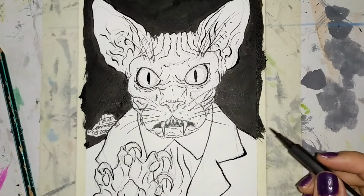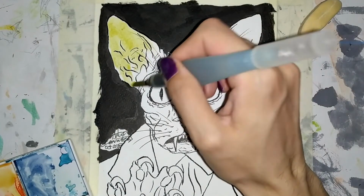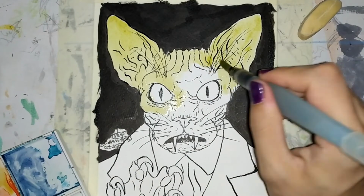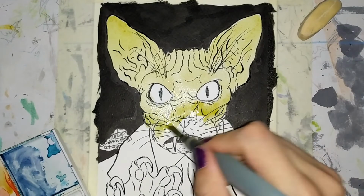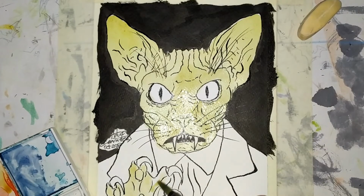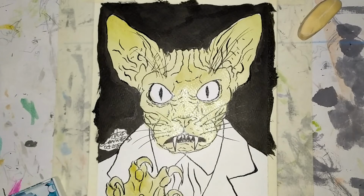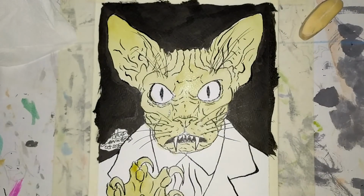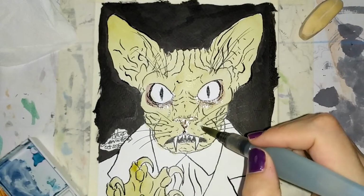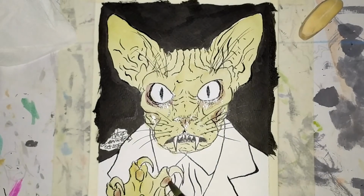So not only did I use a Sphinx cat here, but I try to communicate that with the color. I use this greenish tint. Of course, Sphinx cats are pink. Well, some of them are darker tones, but most of the ones you find on the internet are very pink. But I wanted to go for this greenish yellow. It looks very sickly, and I accentuated some of it in purple,